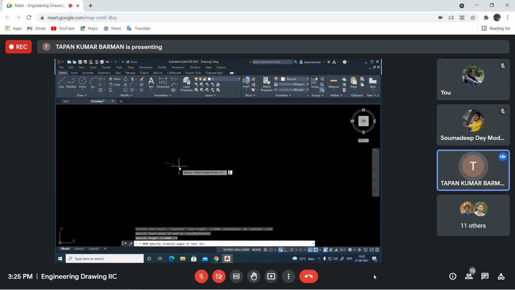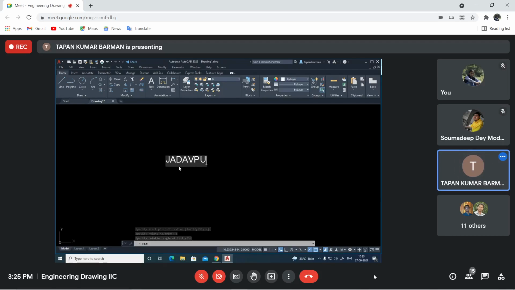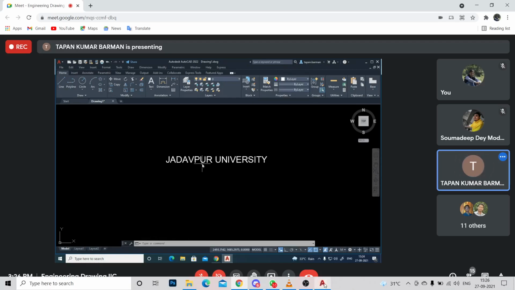Specify rotation angle of the text. Say it is 0 now. Now here you can write Jadavpur University. Press enter. Again, you see in the command line, text command is active. Again, you have to press enter. Then only you may come out from your text command.